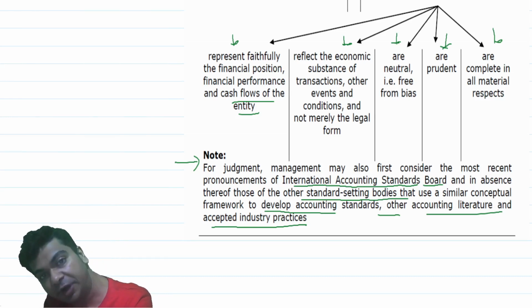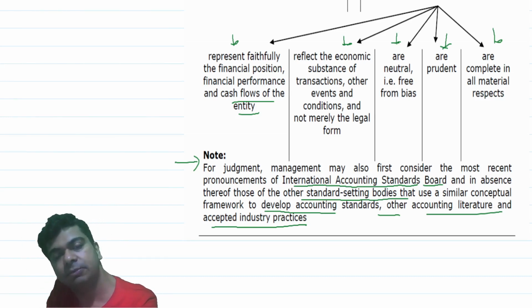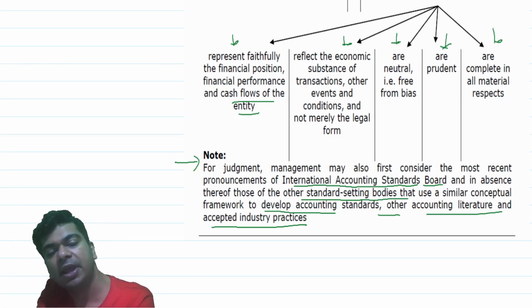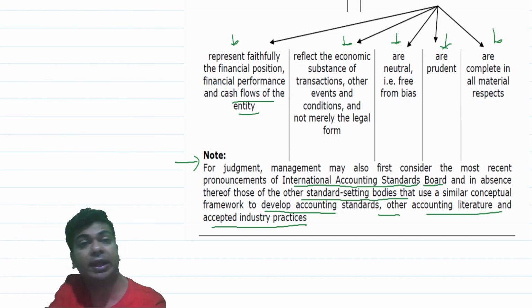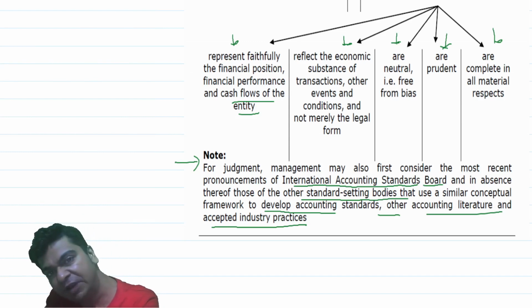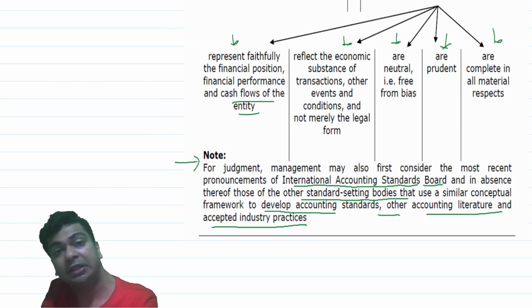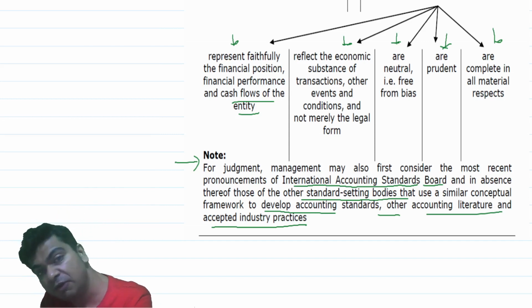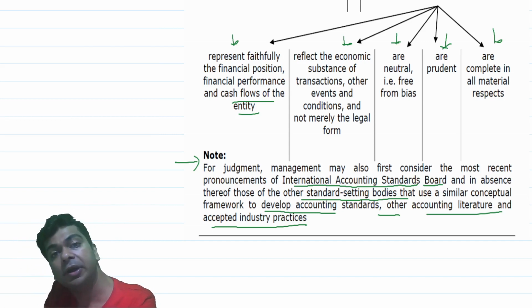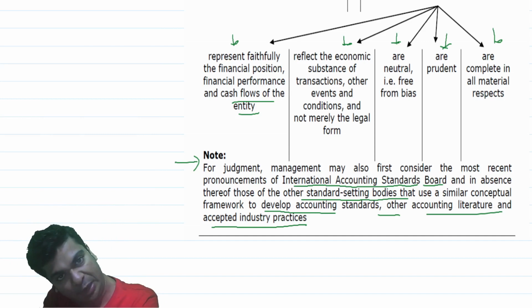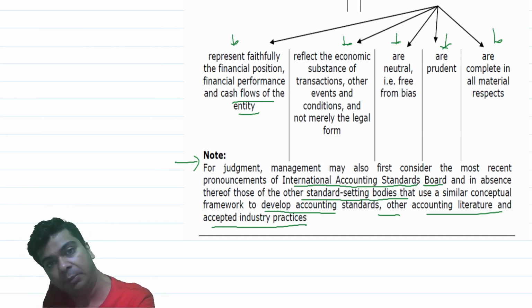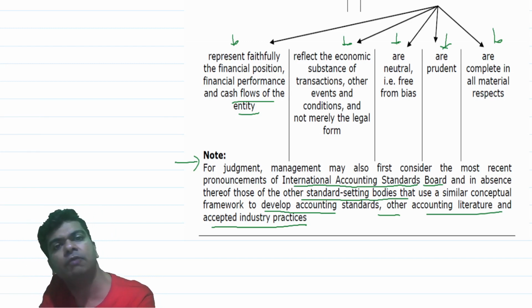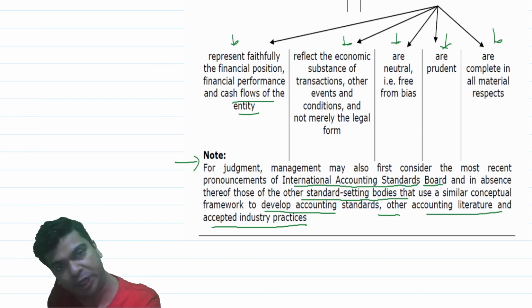Consistency is the key over here, so that the financial statements over a period of time remain comparable. You do something right now as per a particular accounting policy, then you change it the next year. After 1 or 2 years, you again change your accounting policy. If you keep on frequently changing your accounting policies, the financial information which is given in your financial statements will no longer remain comparable. I will not be able to compare the P&L of the current year with the P&L maybe 2 years back or 3 years back, because in those 2 to 3 years, there are a lot of accounting policies that you have already changed.